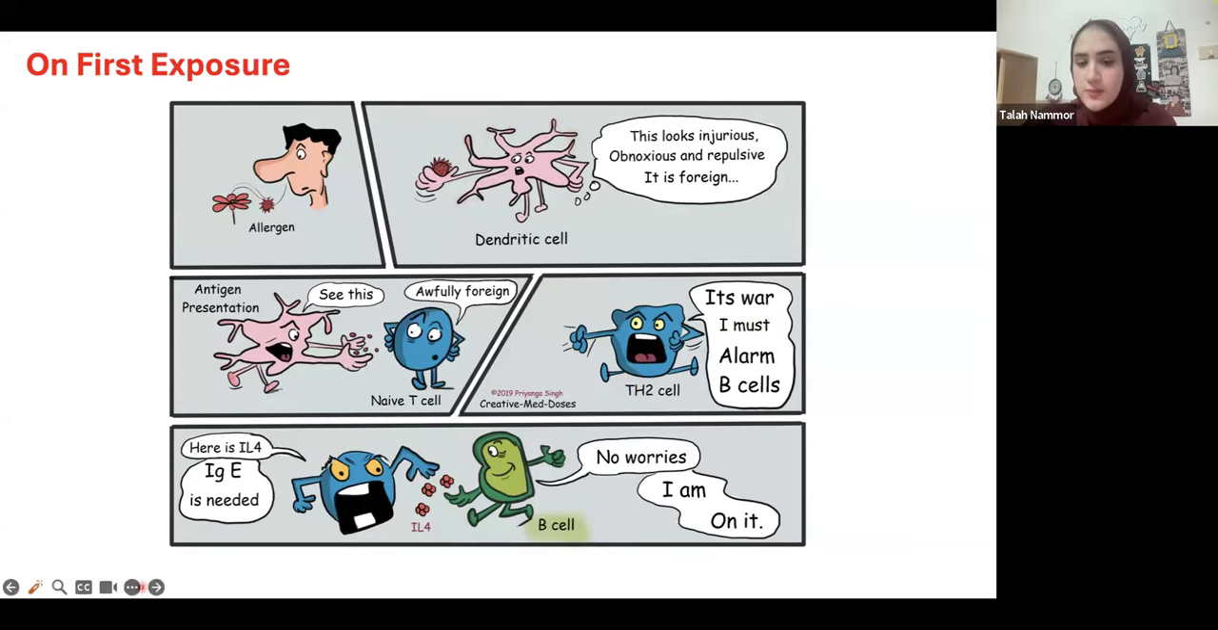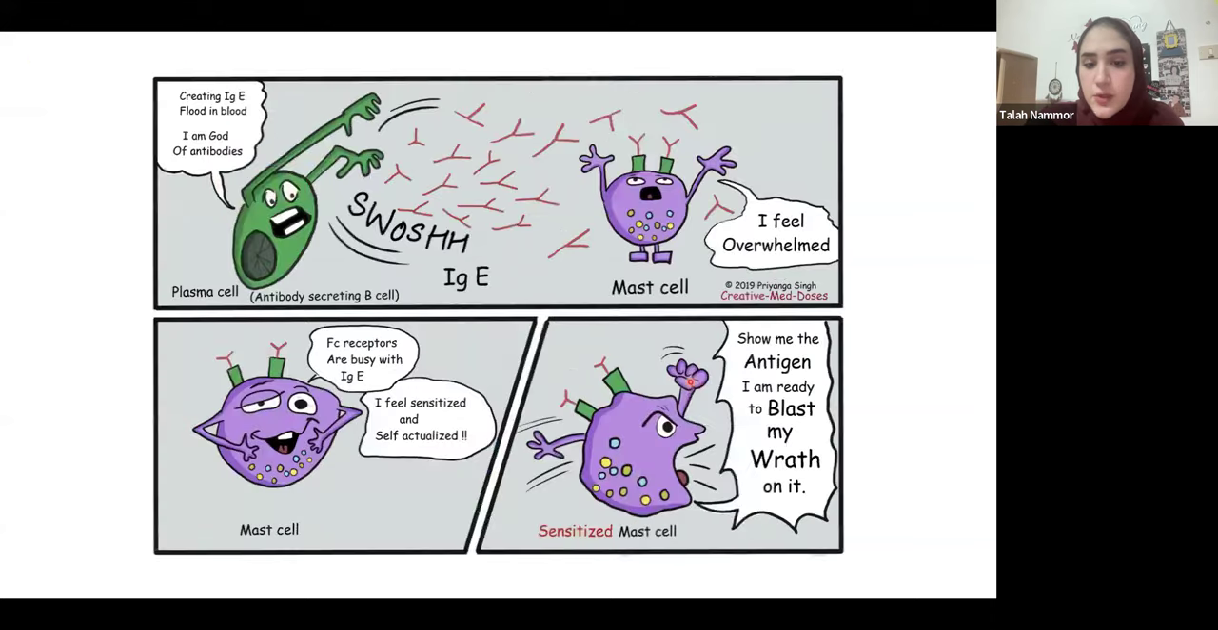This is going to go to the B cell, and remember we said certain cytokines stimulate production of specific antibodies. So the B cell is like, okay, I'm going to produce IgE. Okay? So it will produce IgE. Now this IgE that's produced by the plasma cell is gonna go to the mast cell,